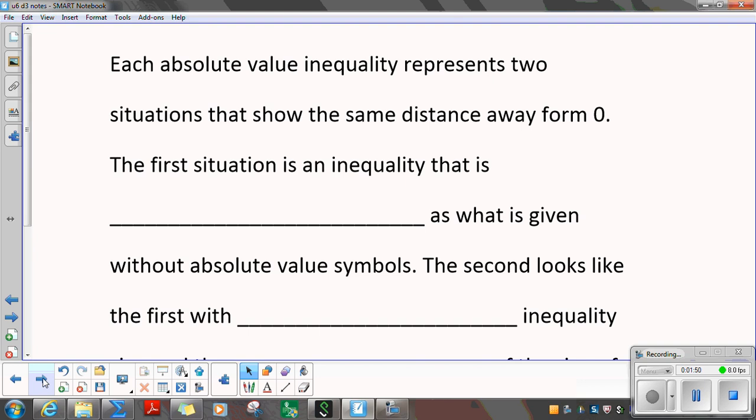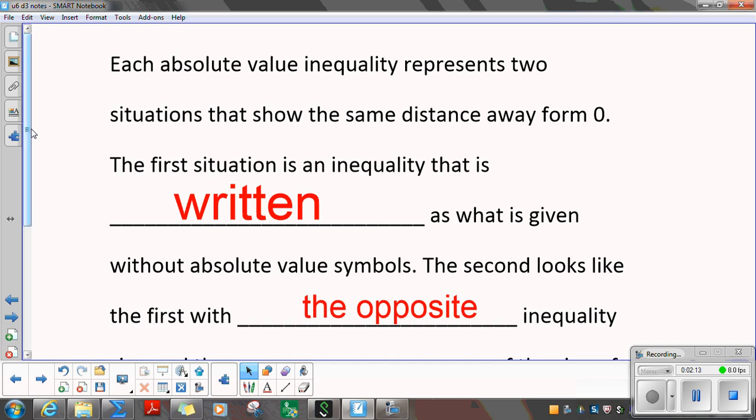Alright? So each absolute value inequality represents 2 situations that show the same distance away from 0. The first situation is an inequality that is written as what is given without absolute value symbols. Like I said, it's very wordy and very difficult to understand. The second looks like the first with the opposite inequality symbol